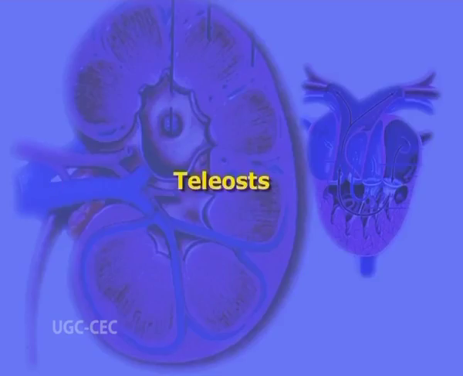And from the conus arteriosus, the blood goes into the gills where it is oxygenated, and from there it goes into the body. From the body, the blood is again collected back into the sinus venosus. So, this is how single circulation is maintained in the cartilaginous fishes. Now, let us talk about the next group, that is teleost fishes. In teleosts, the heart and the circulation is similar to that of the cartilaginous fishes, except that a bulbous arteriosus, a muscular extension of the ventral aorta, is present rather than conus arteriosus.